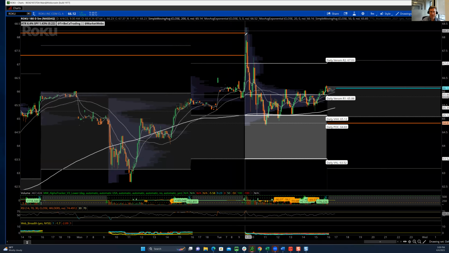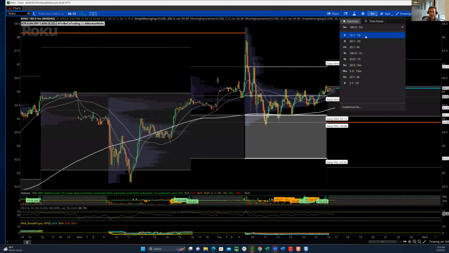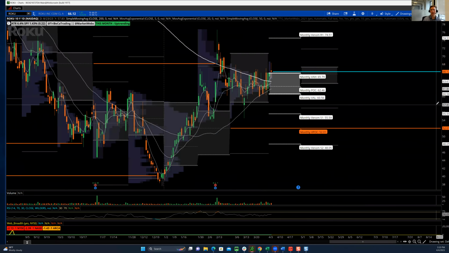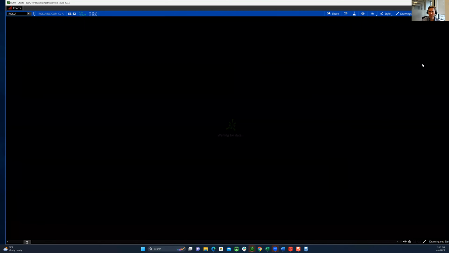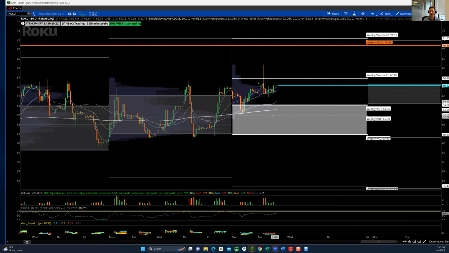But you could see it took out this level here and faded. So now that level's gone, I would be patient with it, right? And maybe if this thing can get going, the first upside level that I see to watch out for, or to take targets, would be at $70. All right, so that's one that I'm definitely watching for tomorrow. A couple other names that were of interest, IONQ. I don't need to go over the chart, so I think I'll leave it here for today's video.